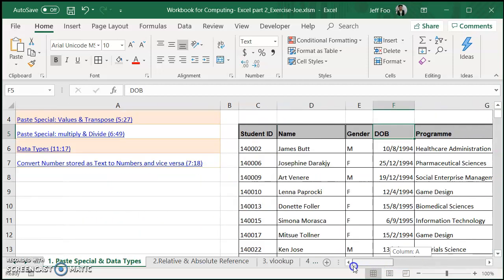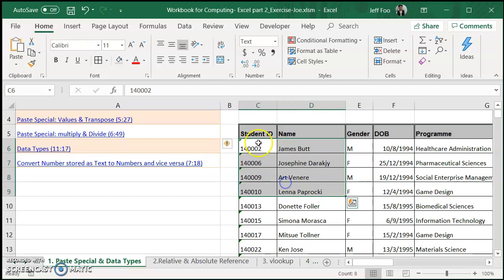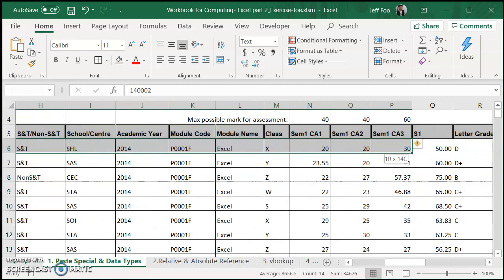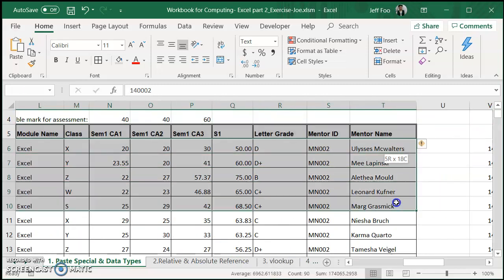So what we're going to do is first select the whole table, but please exclude the header row. We only want the white space that contains data. We don't want the header. The header is not needed for VLookUp. VLookUp is not going to look for student name. It's only looking for all these contents. So select the whole table contents. Then I'm going to go across the row and go down